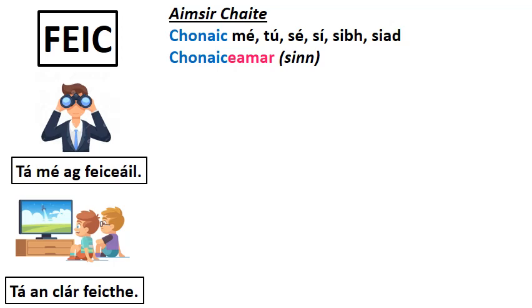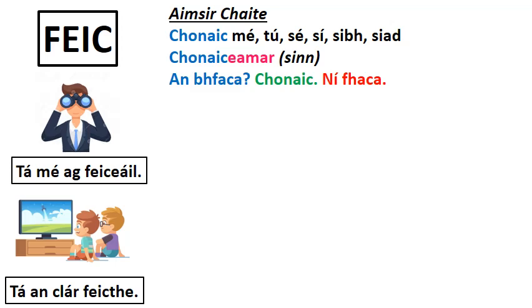Chonaiceamar for we. And then if this was playing by the rules, I'd be expecting an d'fheic and níor fheic. But oh look, I have something completely different here. An bhfaca. Say that with me. An bhfaca, did you see it? Chonaic, I did see it. Ní fhaca, I didn't see it. So there's a big change here. The whole verb word is totally different, and the question word and the negative answer word are totally different. Just like with rinne, big changes in the past tense.